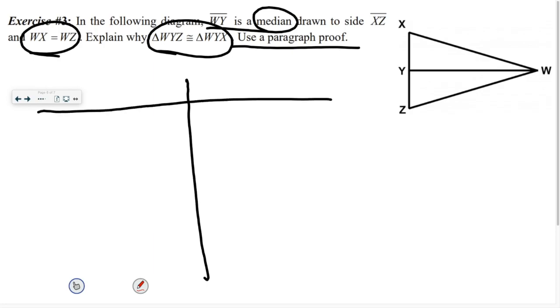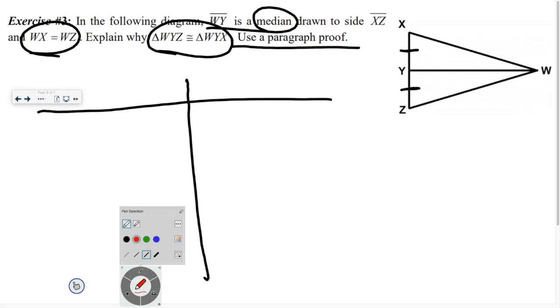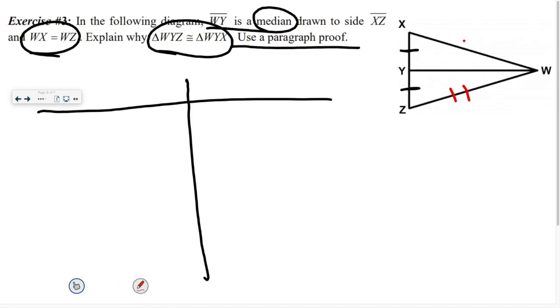and do this. So recall, I need three sides be congruent. So I need ZY being congruent to XY. You give me a statement for that. I also need ZW being congruent to what, guys? Say it out loud so I can hear you. WX. And finally, WY is congruent to WY. Those are your statements, and give me your